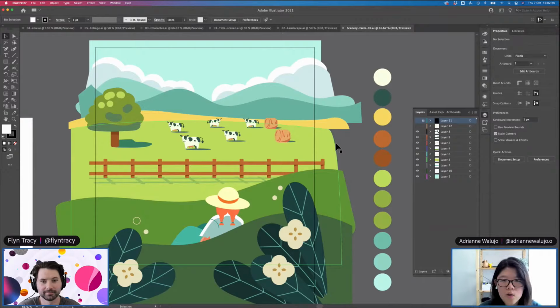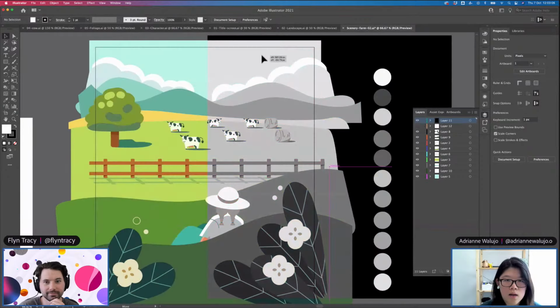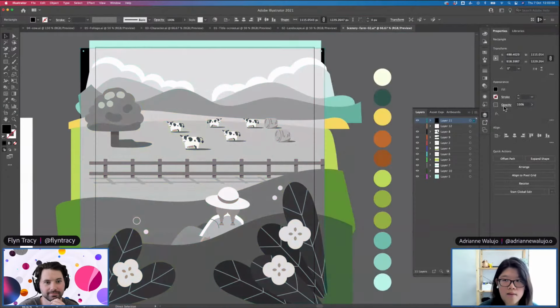As I was building this illustration, I kept checking the value, and I was showing on Tuesday how to do that easily, using this black rectangle and having the opacity on color. It's such a cool tip.